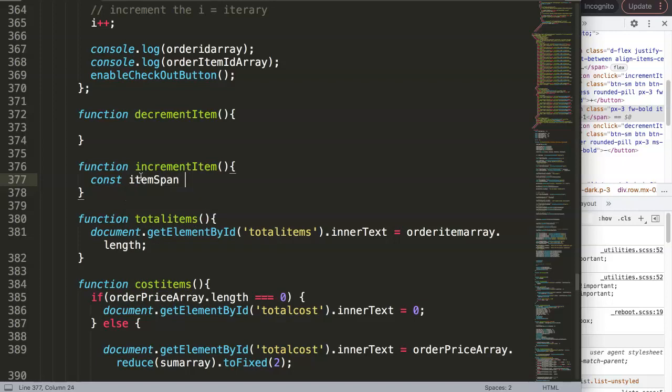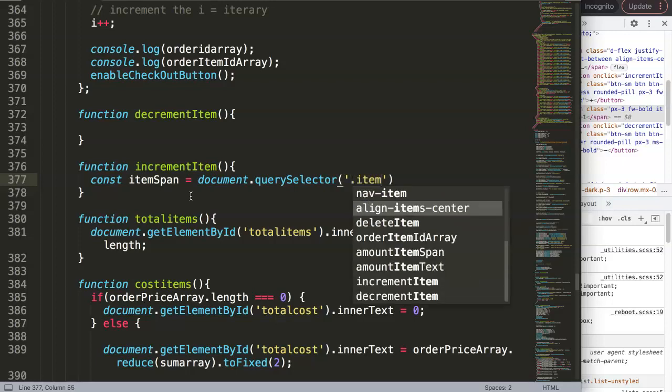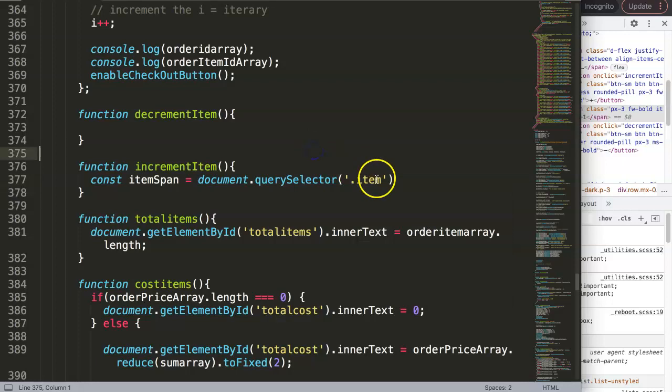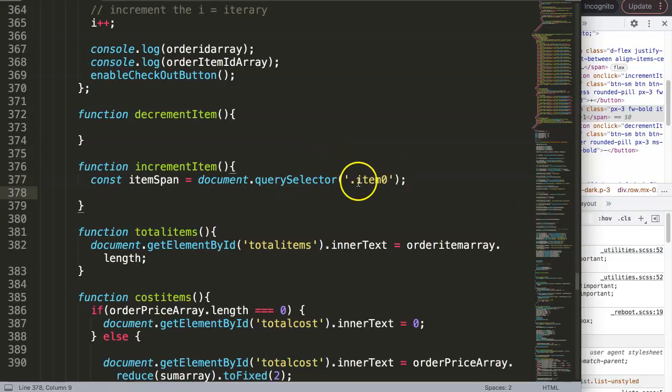So I'll just give this the constant of item span, and that is basically here the document dot query selector, and this will be the query selector. So what are we going to really search for here? Dot item. Well, I will just put in here 0 for now, and later on I have to figure out how we can do this. So that one query selector for class item 0,